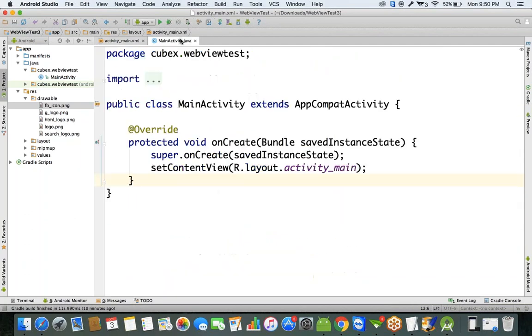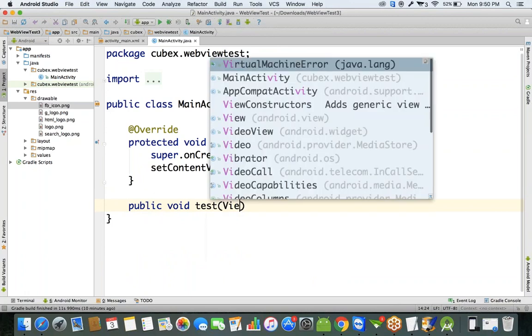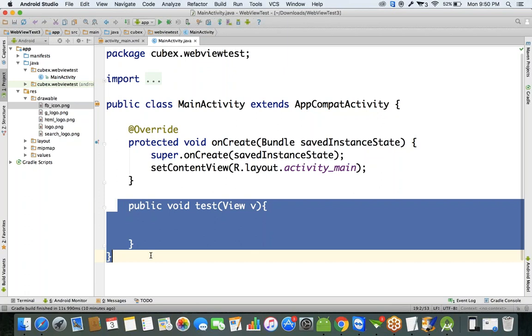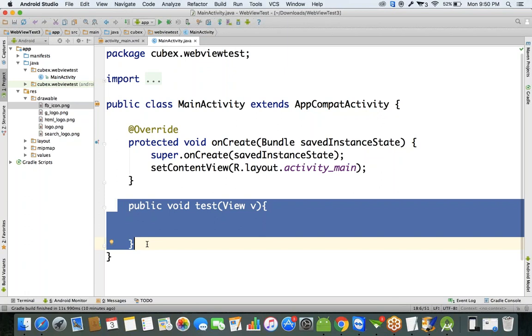So let's create a method in the MainActivity class. Public void test is a method which takes a View object as an input. In this test method,